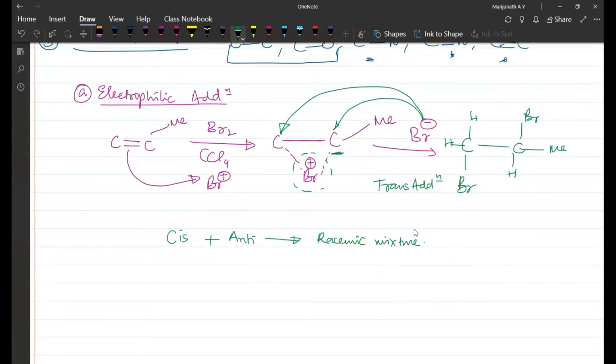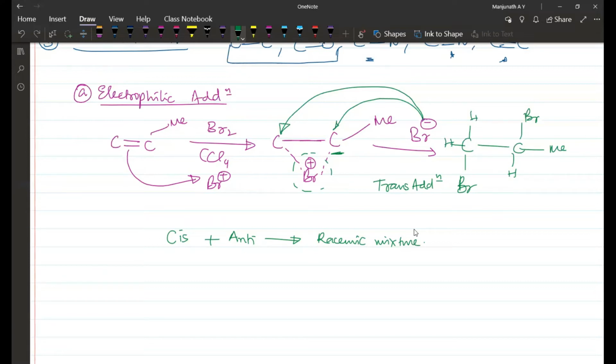Okay, this in detail we have discussed in our regular classes. Because this is just a revision, we will go ahead. I won't discuss why exactly it is a racemic mixture here. If you have doubt, you can always ask me in the class. That will not be a very useful discussion online like this. It should be discussed in the class only, because it involves many things, like I have to show you projections, Newman projection, etc.